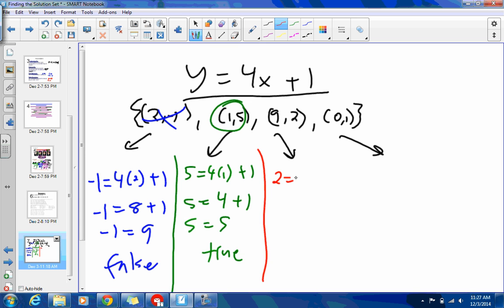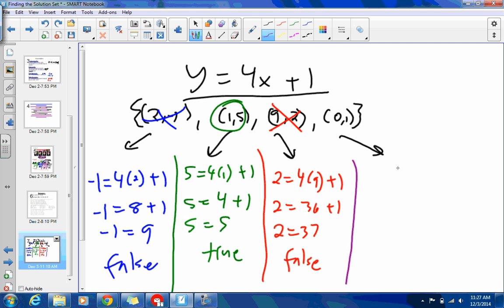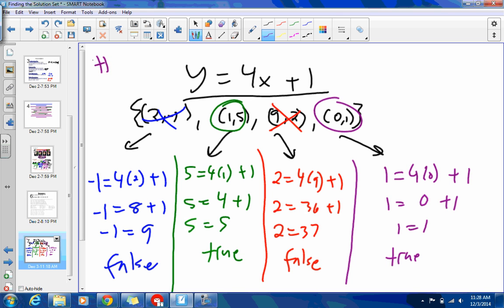Next one. 2 equals 4 times 9 plus 1. 2 equals 36 plus 1. 2 equals 37. Not true. False statement. Cross that out. And then last one. 0 and 1. So you have the y is 1. So it's 1 equals 4 times 0 plus 1. 1 equals 0 plus 1. 1 equals 1. True statement. So that one's good. That means that our solution set for number 14